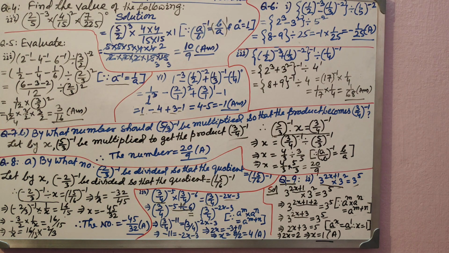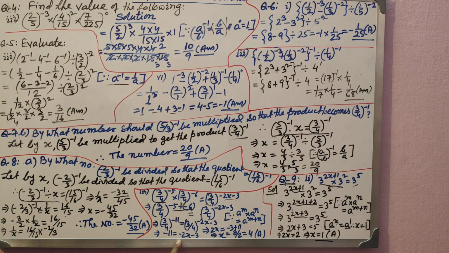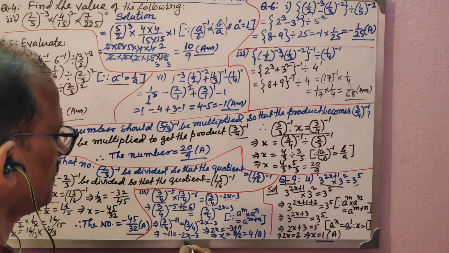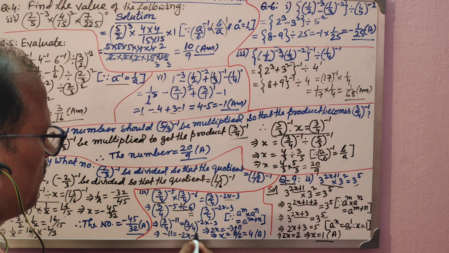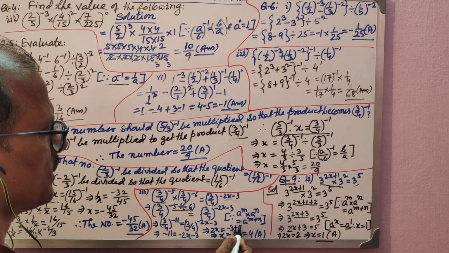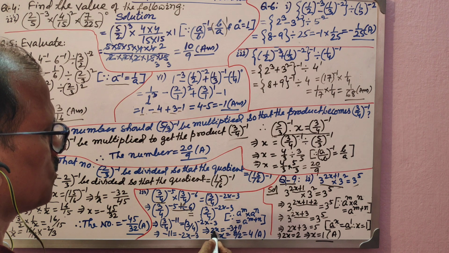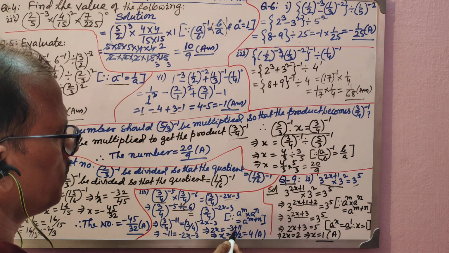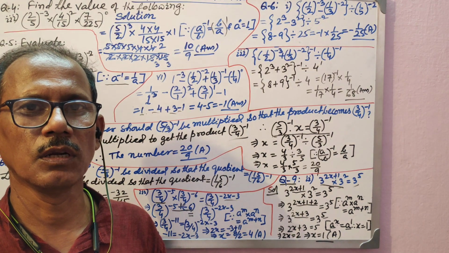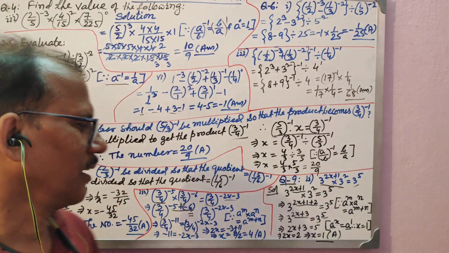Now solve it and find out the value of x. You bring x this side because x has to be made positive. So 2x is equal to minus 3 plus 11, since you take that side and it becomes plus 11. So 2x is equal to 8, and this 2 will be divided. So x will be 8 by 2. My goodness, 8 by 2 is 4. Okay, so x value is 4.